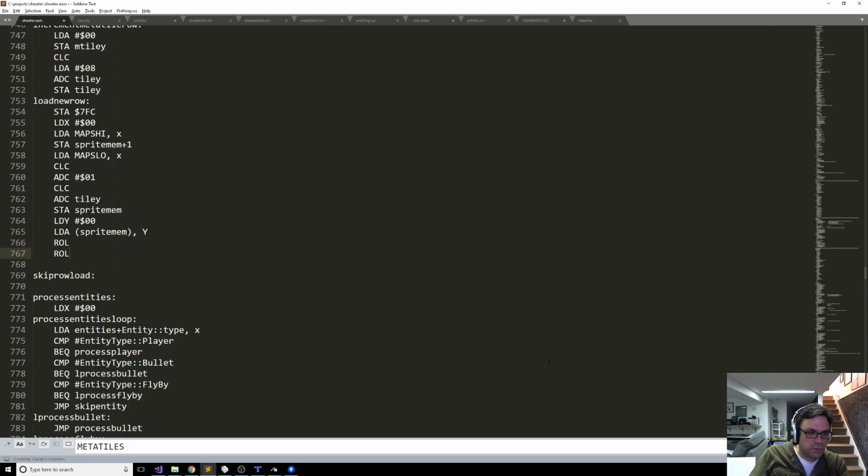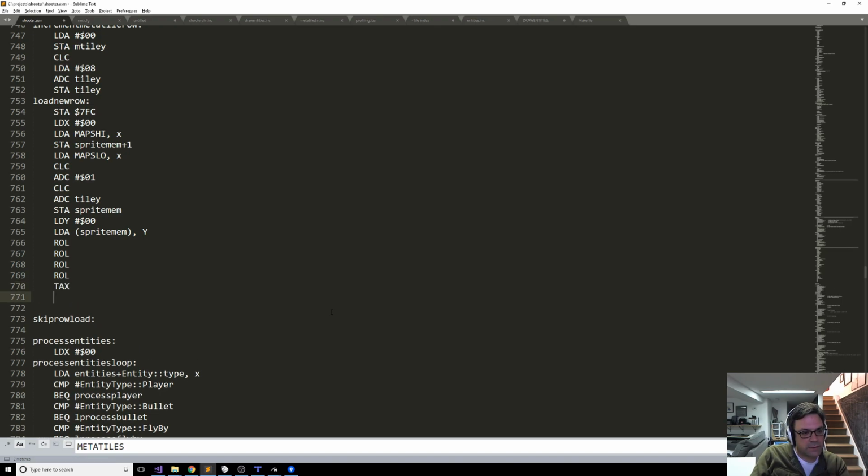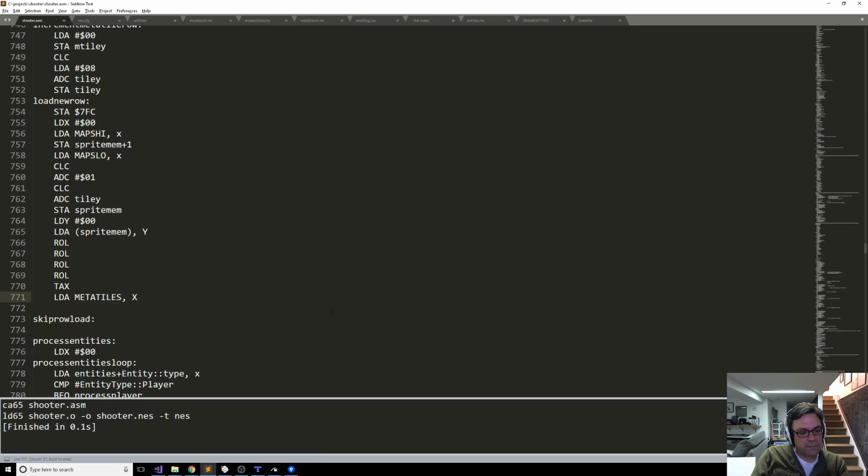So just 2, 3, 4. So that should give us now the lookup that we need. And then we want to transfer A to X and load A with metatiles X. And so let's see if,